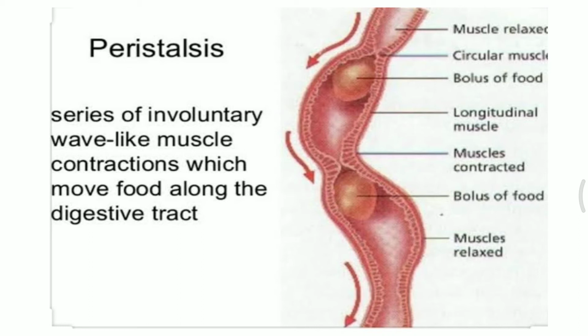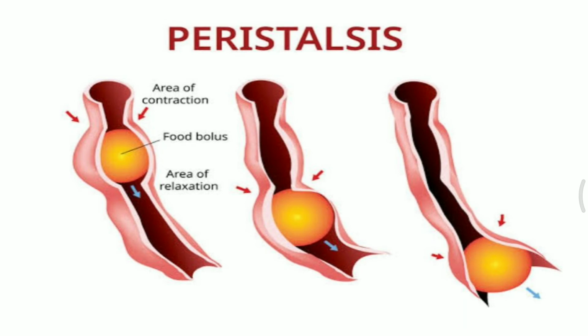So what is the meaning of peristalsis? It includes a series of involuntary wave-like muscle contractions which move food along the digestive tract, till it reaches the stomach. You can see how the movement is taking place. This entire movement takes place in three phases. First phase is